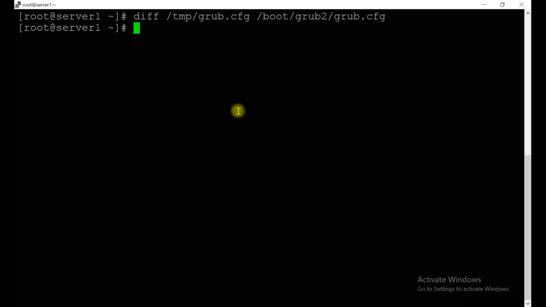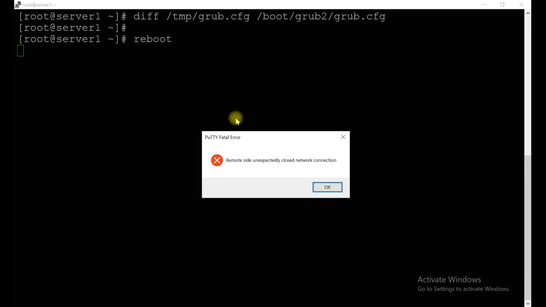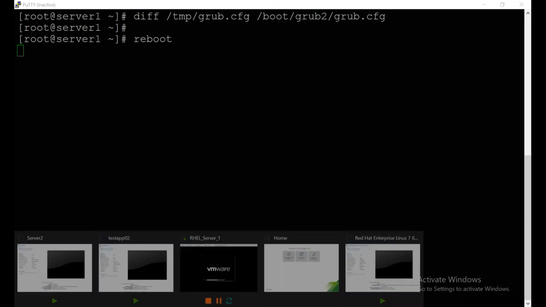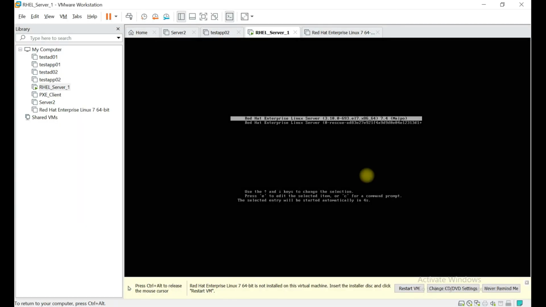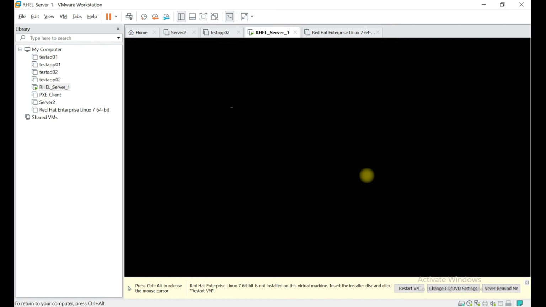No difference because no changes, both are similar. Okay, so reboot the system to see whether it's going automatically and is able to find the proper grub and load the kernel. We don't need to change anything this time because we have already done the corrections using the grub mkconfig command.